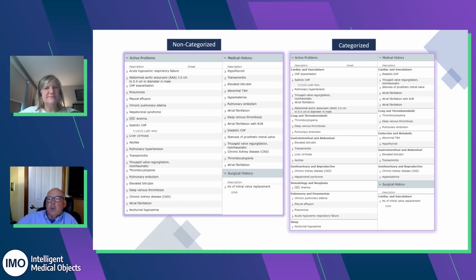How do we decide what goes where? Well, we have a lot of clinicians. Most things are obvious. One thing we decided not to do is put things in more than one category, even if it could belong there. So diabetic retinopathy, we put in eye. Diabetes, we put in endocrine. We realize that it's also an endocrine problem if you have diabetic retinopathy, but we don't want to turn a 20 problem list, you know, into a 30 problem list. So that was our sort of philosophic approach there.